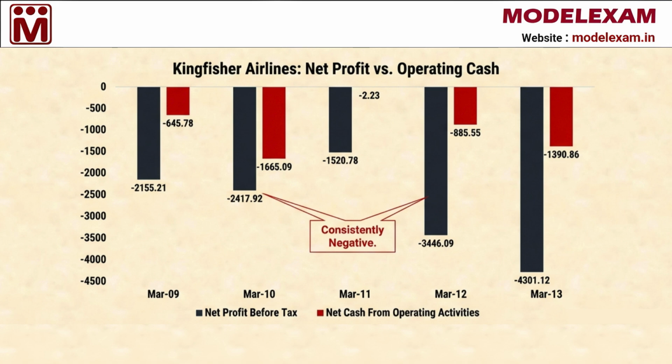Let us look at the numbers for Kingfisher Airlines to see the severity of the situation. In March 2013, they posted a net loss of 4,301.12 crores and their net cash from operating activities was a negative 1,390.86 crores. This trend was consistent. In March 2012, the operating cash was a negative 885.55 crores. Even back in March 2010, it was a negative 1,665.09 crores. When you see a chart where the bars are consistently pointing down for years, it is a clear